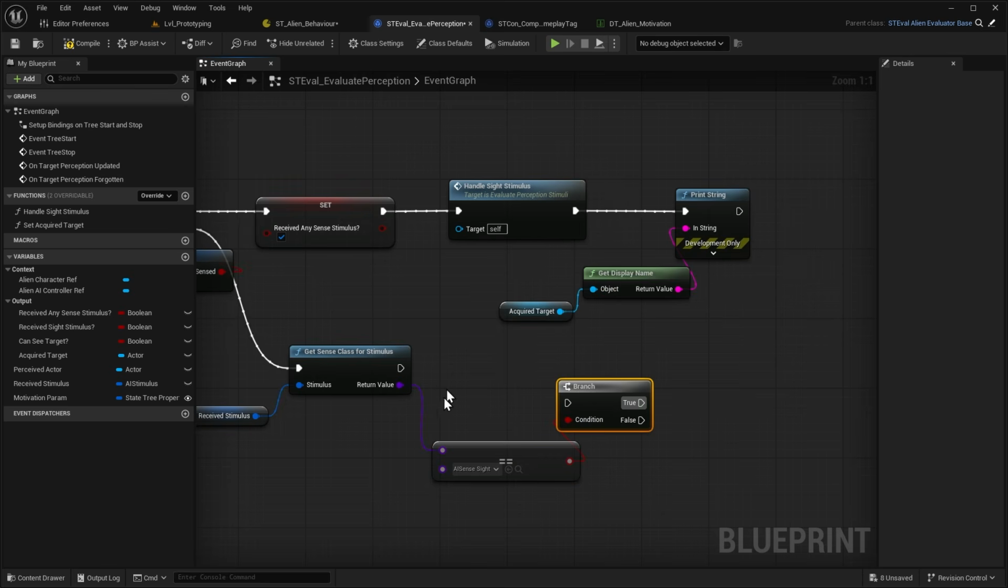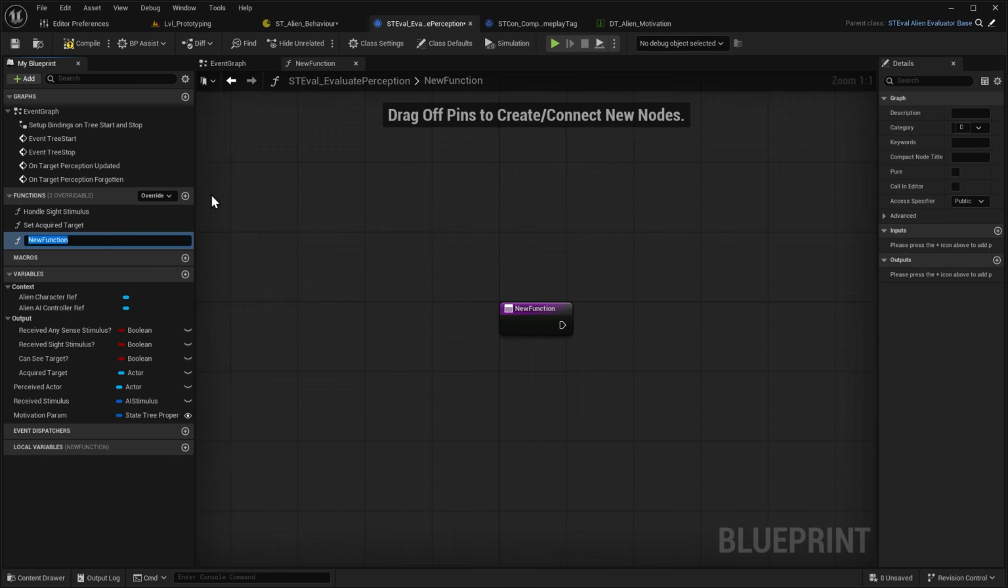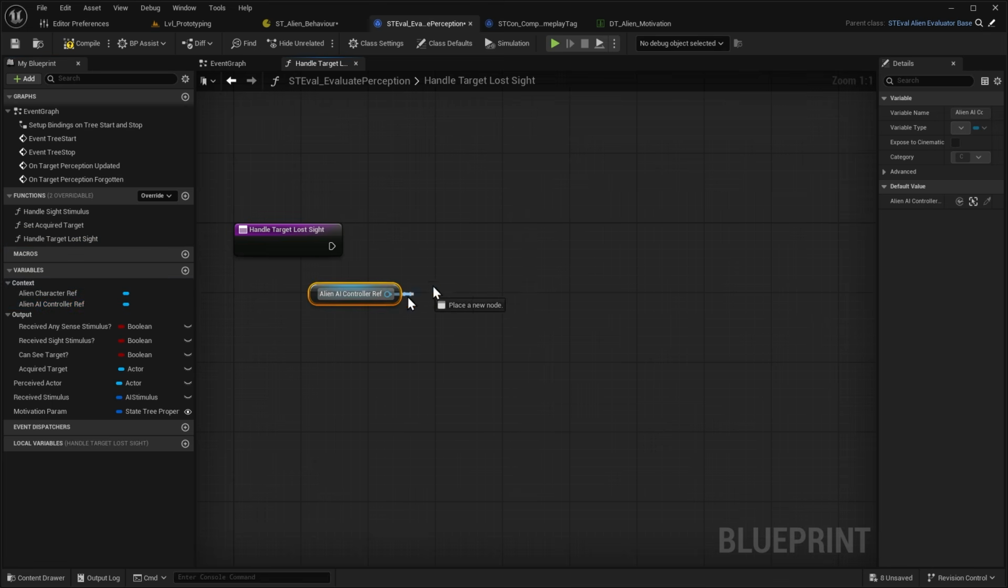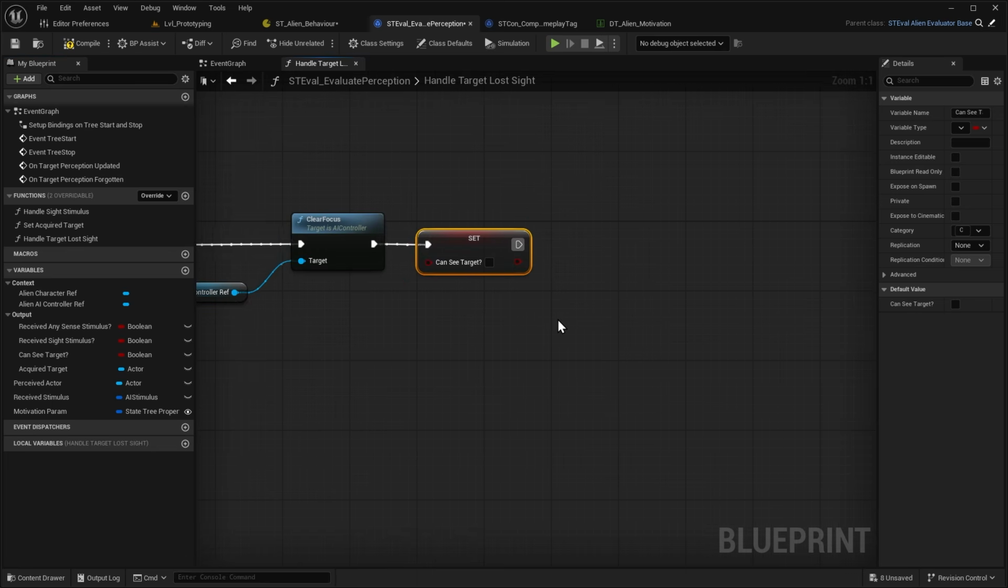Add a branch. And if that is true, we'll create a new function and call this handle target lost sight. We will get a reference to the AI controller and select get, and we will clear focus. We will then set can see target to false, and to get the last known location, we will get a reference to the received stimulus